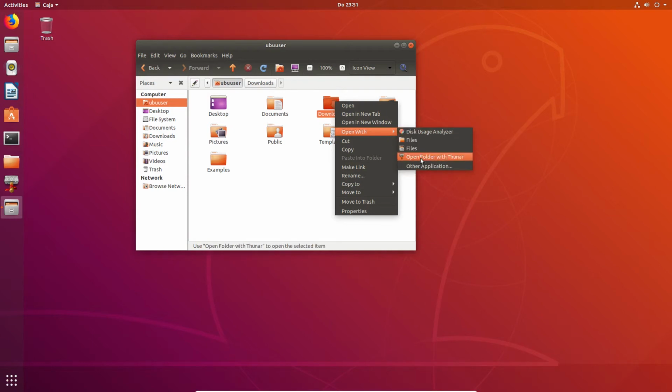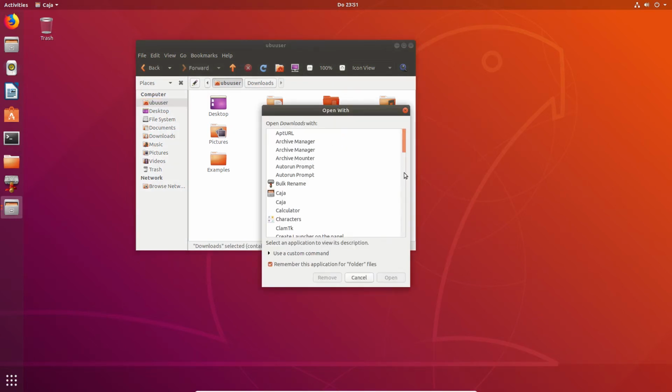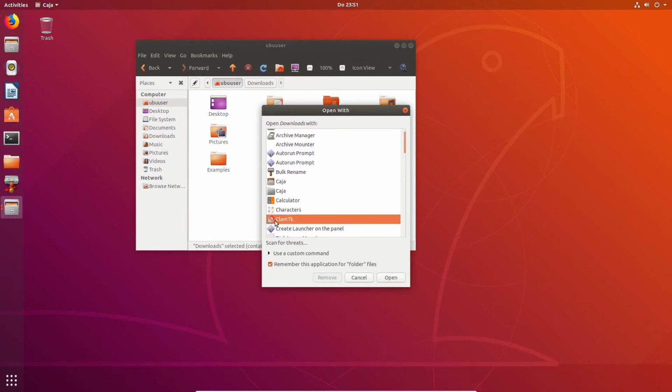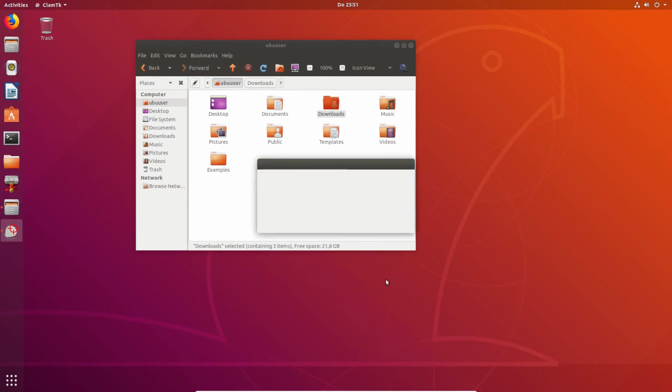Anyway, let's try this. Open with other application. Here we already have clamtk, and just to make sure that it doesn't use it as a default, I click this away, although actually we want it to remember, but I know from experience clicking it away also works, and it's probably safer. Now, of course, immediately it starts to scan, but what will be more interesting is what it does the next time.